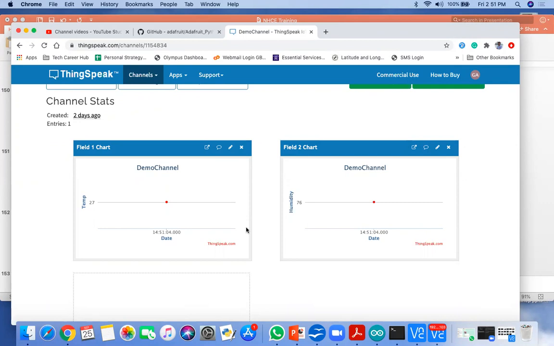Okay, so using the same code that I am going to share with you, you can play with this code and do whatever you want. For example, if the temperature goes beyond a threshold, then the LED or the buzzer should turn on, and only that particular data is uploaded. Or in case of any threshold value, only that data is uploaded, otherwise the data is not continuously uploading.